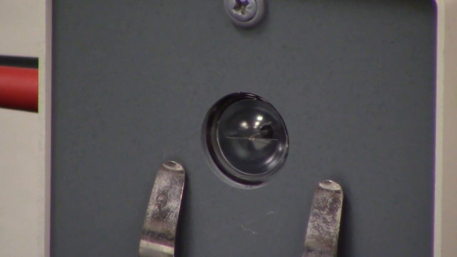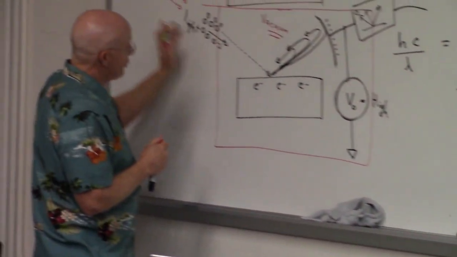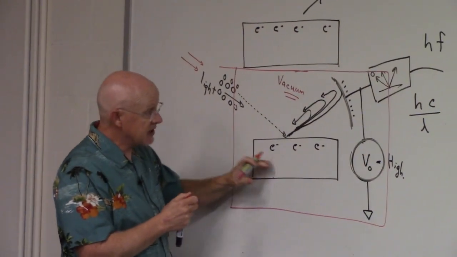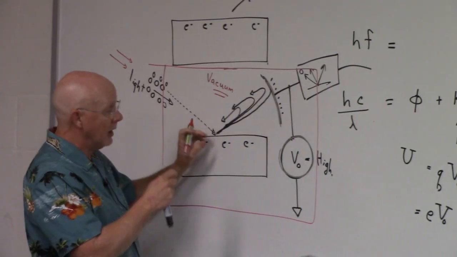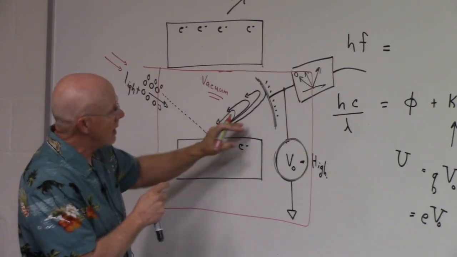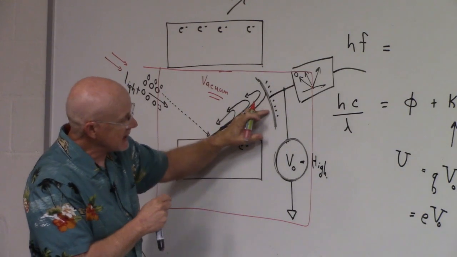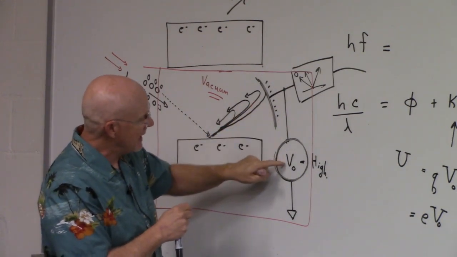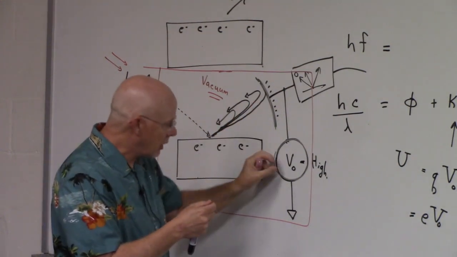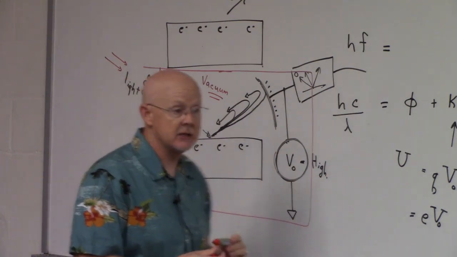So if I come back over to this picture, I'm going to send the light in through the window. It's going to hit the cesium, get absorbed and eject the electrons, and then they go to that collecting plate, which has an integrated adjustment knob so that I can set the voltage. So you can see the equipment better,